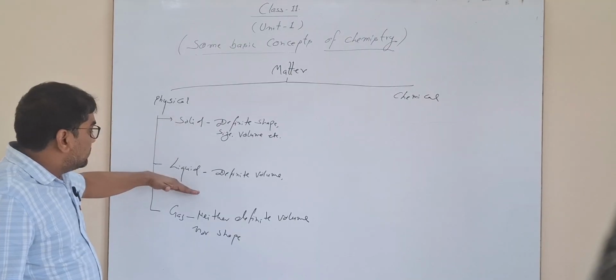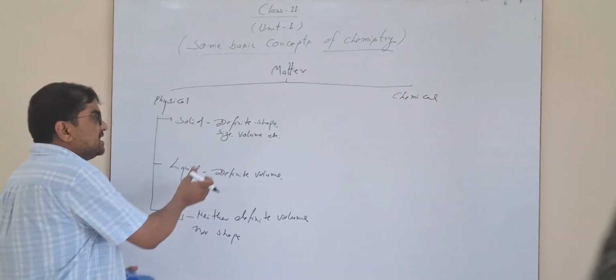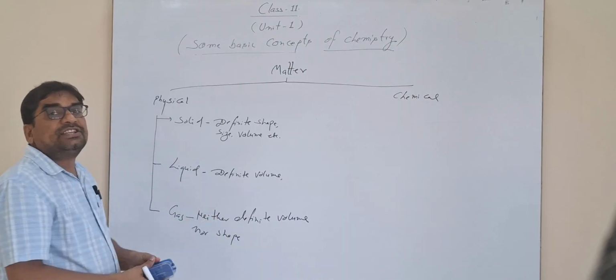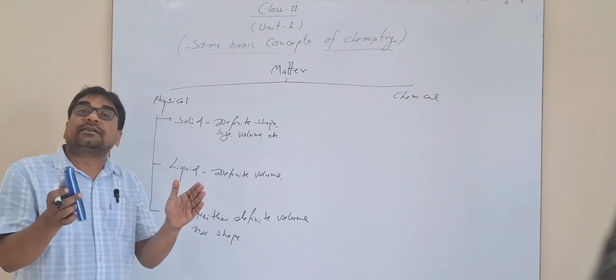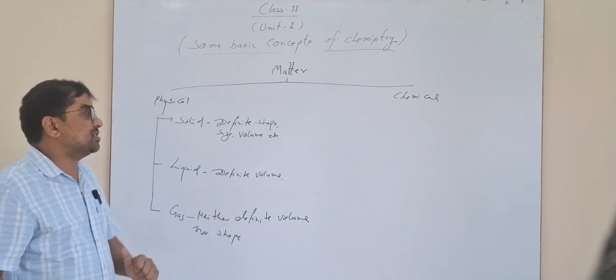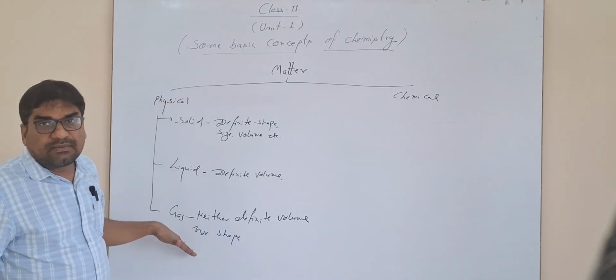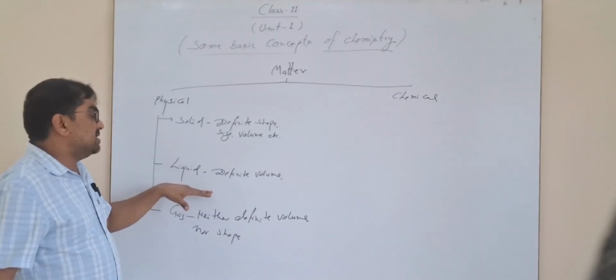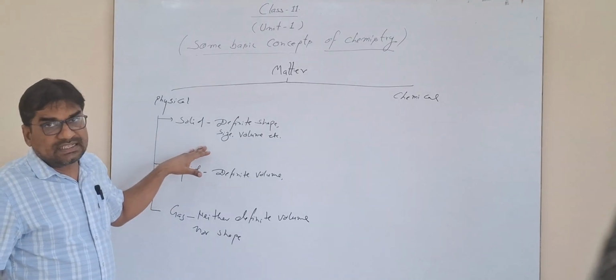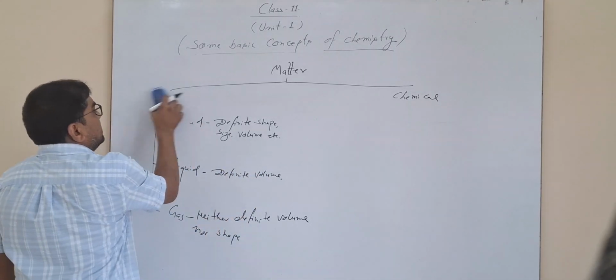So, solids, liquids, and gases have some basic differences. These differences are due to the intermolecular or interparticle forces by which they are attracted to each other. This topic we will not discuss here, because you have studied these basics in class 9th and 10th. So after physical classification,